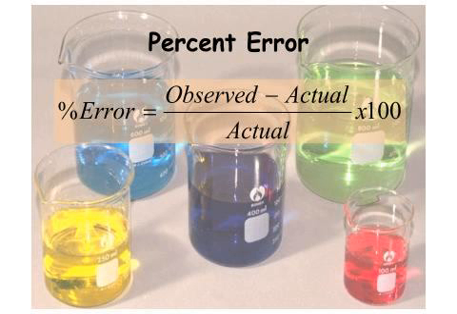So we have this error equation, and of course you've remembered it: observed minus actual, divided by actual, times 100. Technically, folks, you should put parentheses around this, because it messes up if you try to do it in the calculator that way. Order of operations. By the way, this can be a negative number, which means you got below the value you should have gotten, or it could be a positive number.